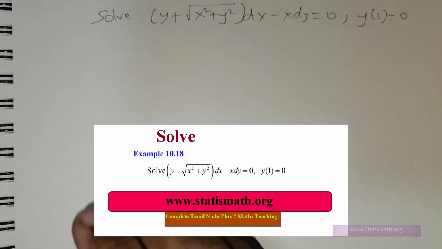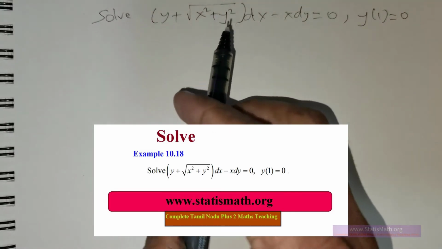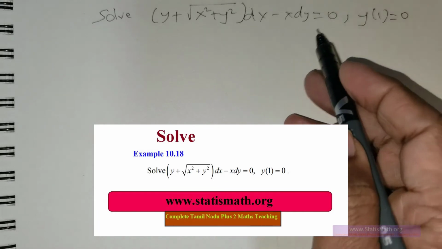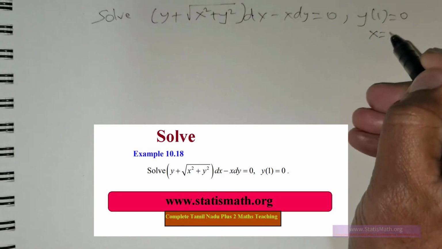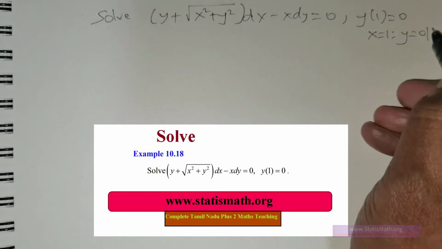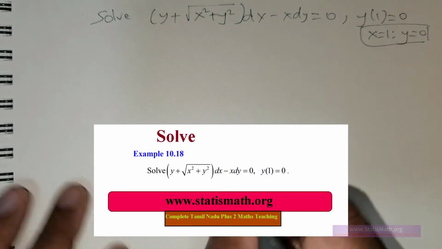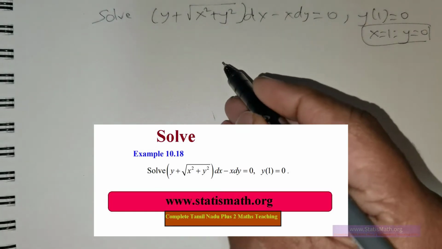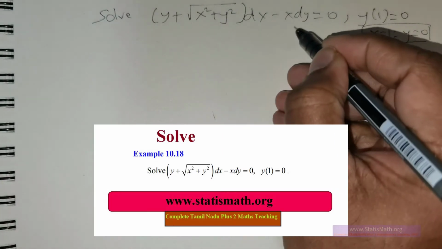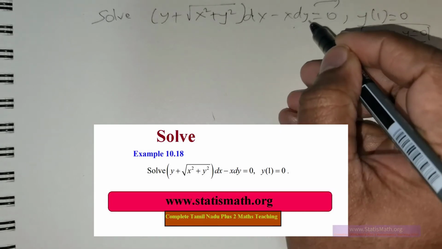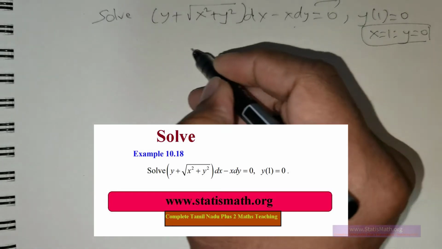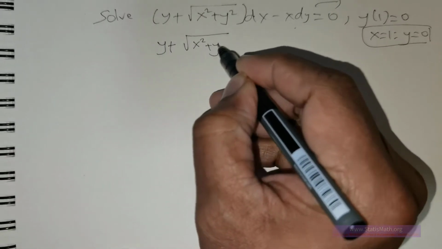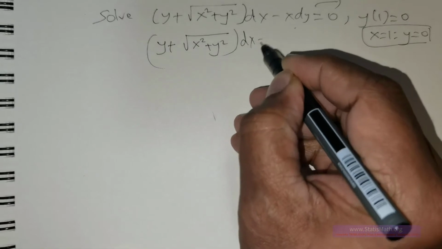Students, we are given this question: solve (y + √(x² + y²)) dx − x dy = 0, given that when x = 1, y takes the value 0. First I want to show you that it is a homogeneous differential equation. I need to move this x dy, because it's negative, to the right side. So you would have (y + √(x² + y²)) dx equal to x